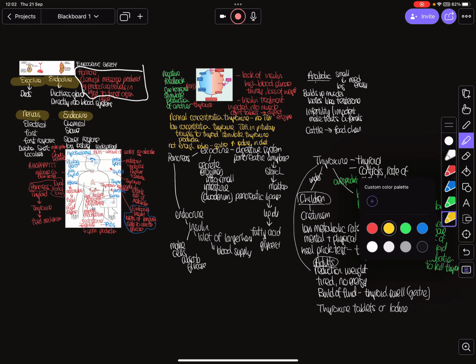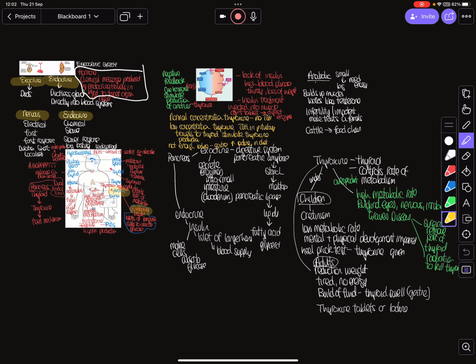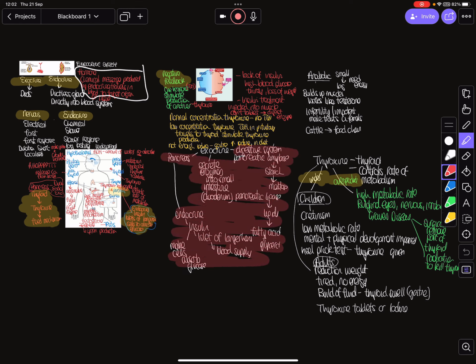But in reality, definitely it is going to be your pancreas down here. What is its endocrine function? And it is going to be your thyroid, because we have to know about the negative feedback portion of it, and also the underproduction and overproduction of it. And as I say, the pancreas over here is good to know because it has both endocrine and exocrine function, and we talk about it in digestion. So I hope that all makes sense. Ask me if you need help.